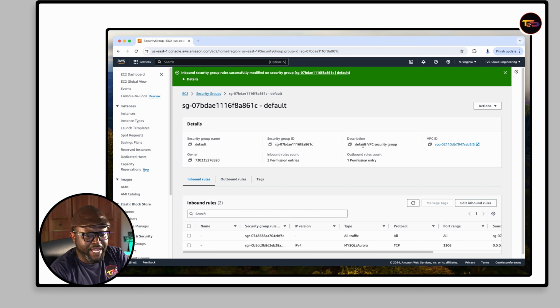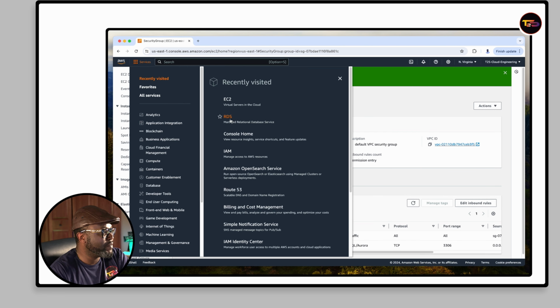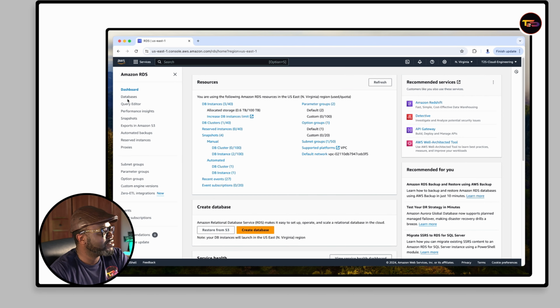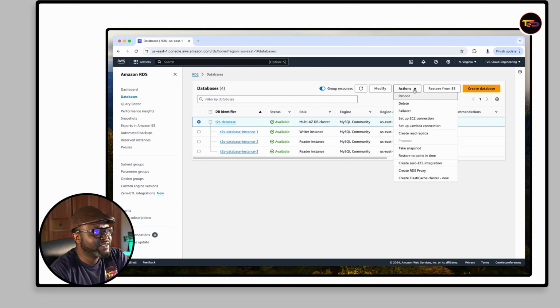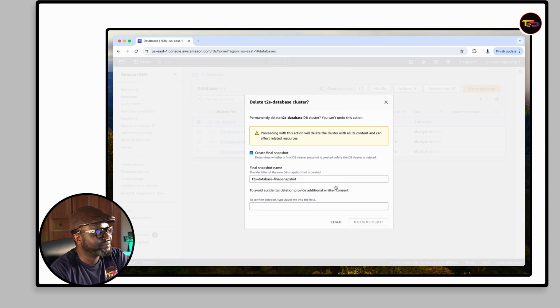And before you end everything, make sure that you do some cleanup. So you go back to RDS, find your databases that you do not need. You select this one here. If you select this one, which is going to reflect the parent, then you have the other three here. So I'm going to go to Actions, click on Delete. Follow the prompt here. It wants you to type delete me. Well, I'm going to put it there, and then I'm going to delete the cluster, because that's the entire cluster, including the different